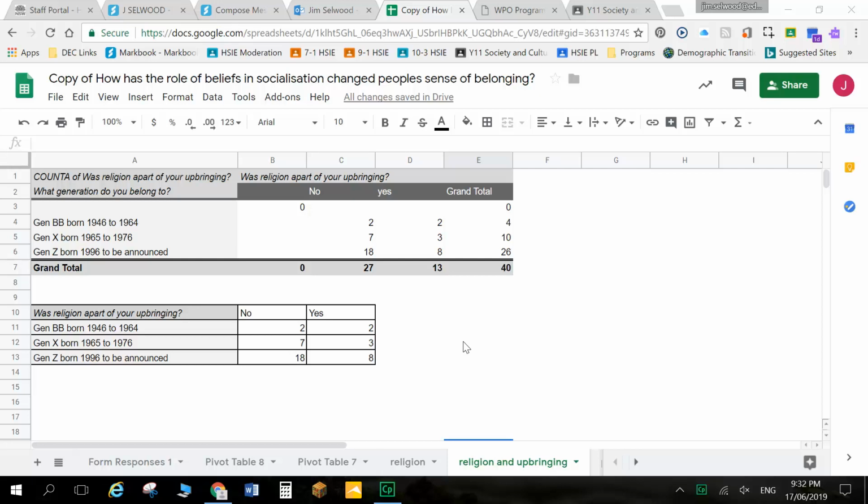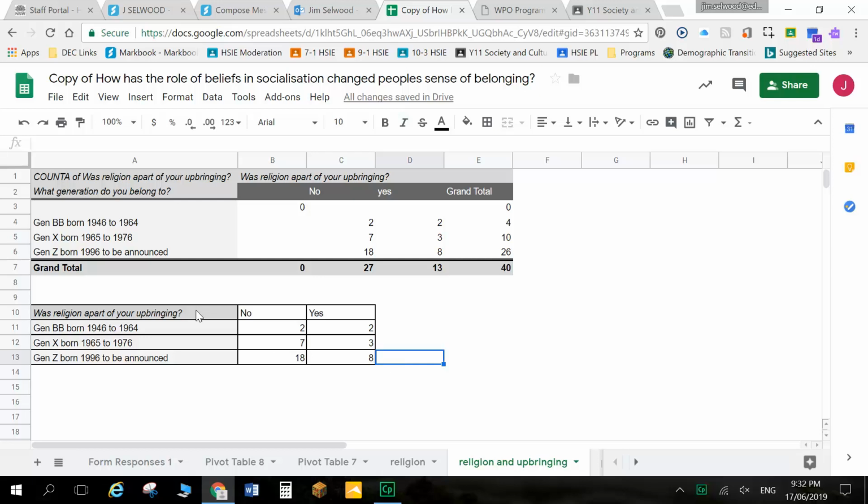I just want to show you some basic tips about using the graphs and formatting them and changing the way they look, in case you're having a few issues with things being around the wrong way. So here's a copy of Oscar's, one of his questions. He's already done all the number crunching. We have a data table here